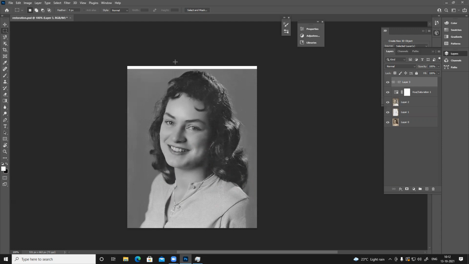So this is one way you can create it. Or you can go, under this arrow, there is a rectangle shape. You can use the shape. From the drop down menu, there is something called shape, and another is path. Path is basically just the outline without any fill. You cannot add any color. So for this, you can use a shape, or you can use the marquee tool and fill it. Both work.